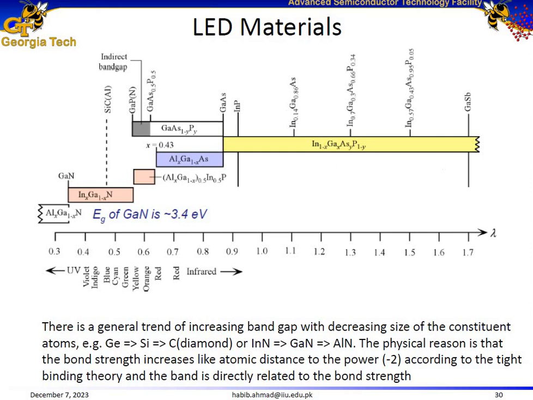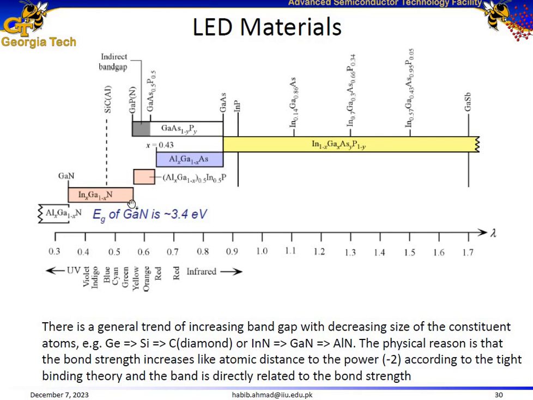There are different light emitting diode material possibilities in order to achieve light in different wavelength ranges. For example, aluminum gallium nitride gives us light in the ultraviolet range below 350 nanometers. Indium gallium nitride, depending on the indium content to gallium content, gives us light in the range of approximately 350 nanometers, which is ultraviolet, to approximately